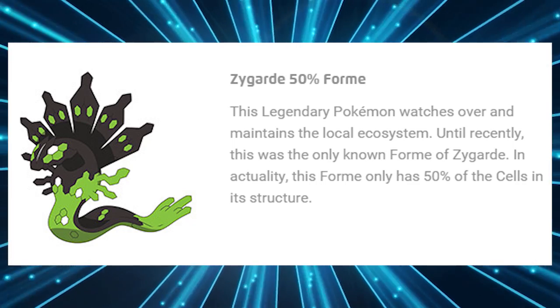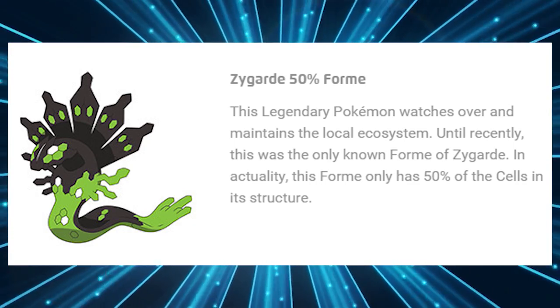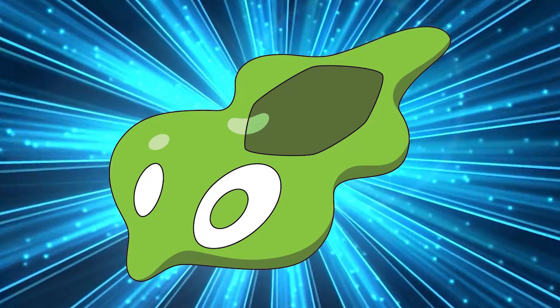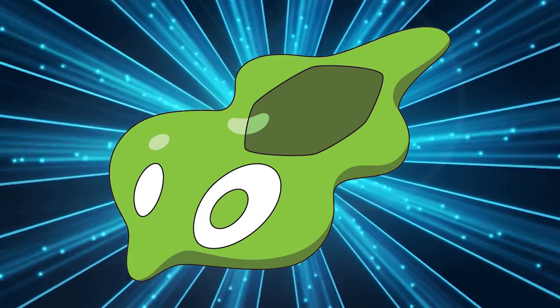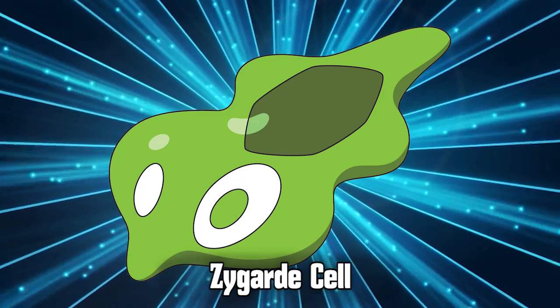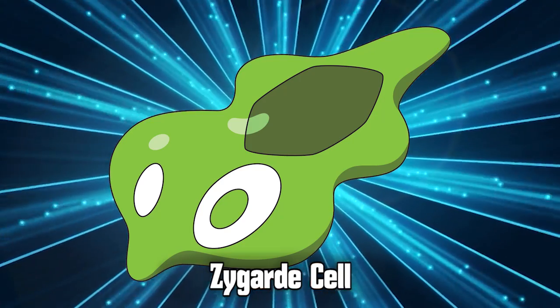Note how cells is properly capitalized. There is a reason for that. It's referring to Zygarde's cell. No, not that cell, this cell! This weird thing that looks kind of like an empty soybean pod is Zygarde's cell. Apparently there are a lot of these because they are necessary for Zygarde to reach its 50% form, or 2